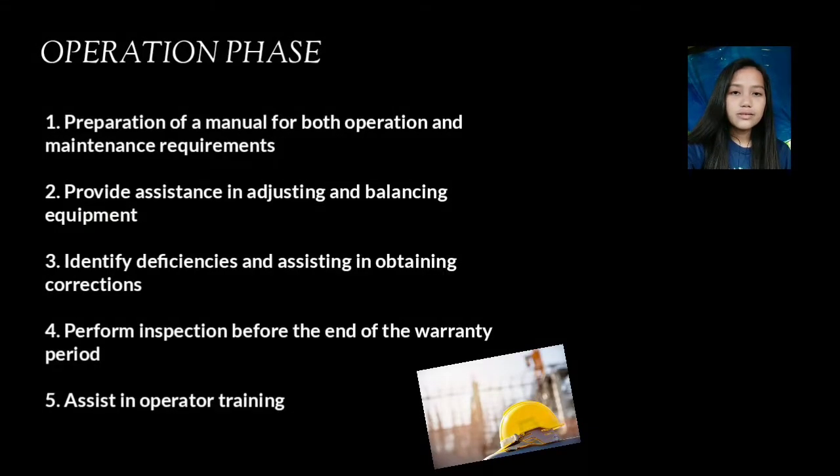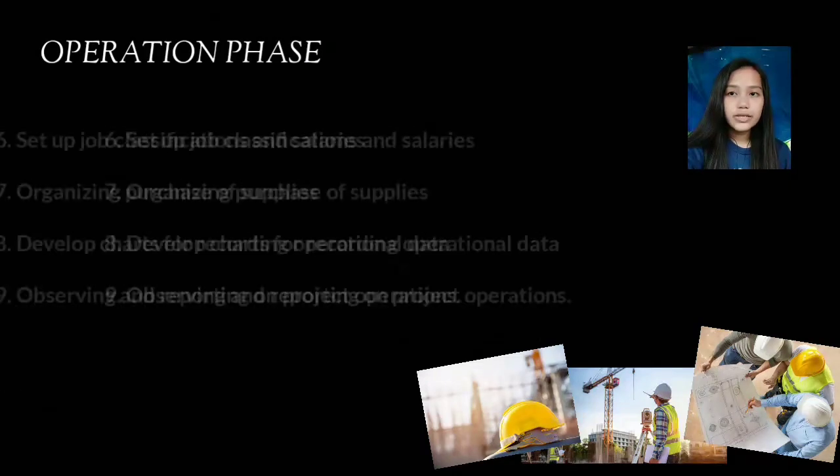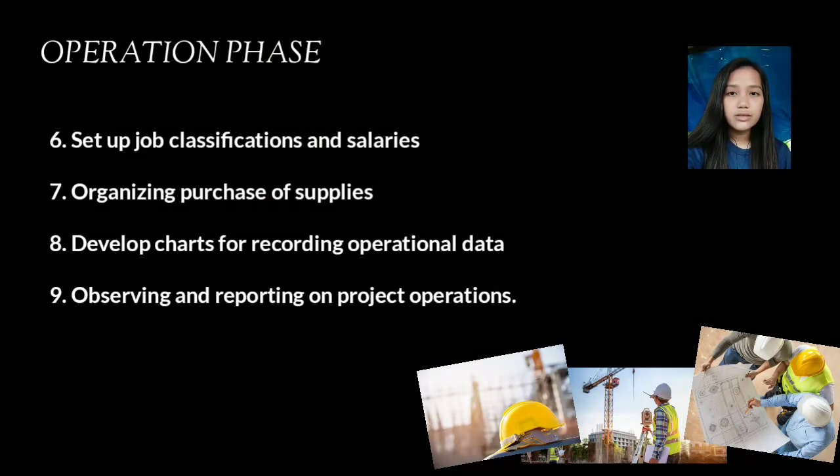Operation phase. The civil engineer may assist in the startup of the project operations. We have preparation of a manual for both operation and maintenance requirements, provide assistance in adjusting and balancing equipment, identify deficiencies and assisting in obtaining corrections, perform inspection before the end of the warranty period, assist in operator training, set up job classifications and salaries, organizing purchases of supplies, develop charts for recording operational data, observing and reporting on project